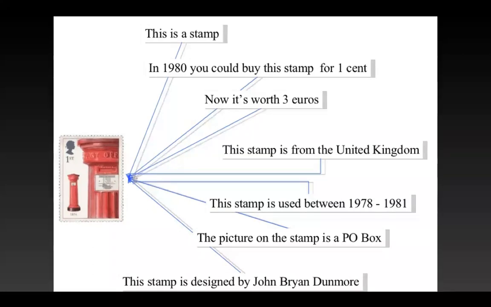If a person searches for a stamp which was designed in the 1980s, this will be one of them. If a person is more specific and says that John Brian Dunmore has designed it, and wants the stamps he has designed, this will be included too. They are all interlinked. Since they are interlinked, as a person becomes more specific with the searches, the search gets narrowed down, and the person can easily get whatever he desires.